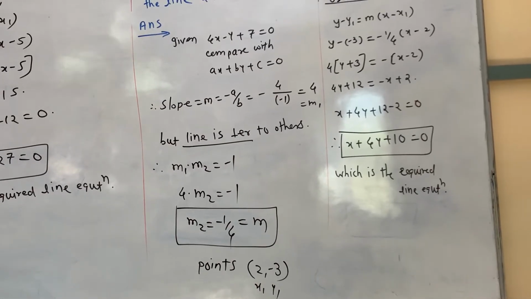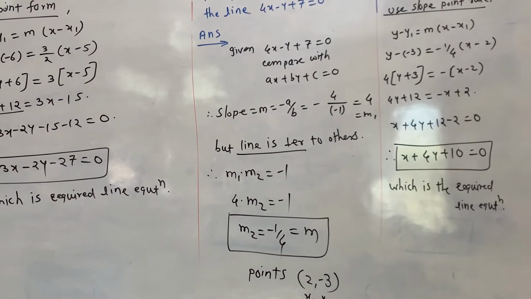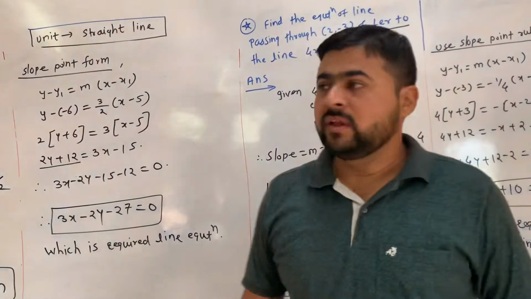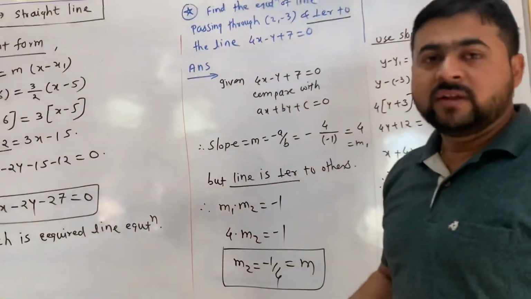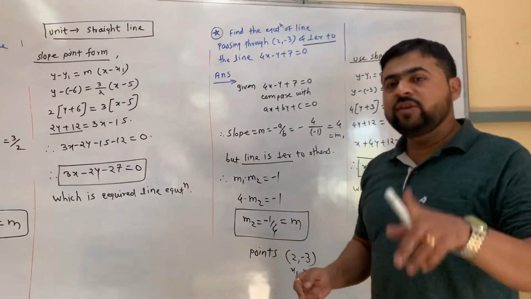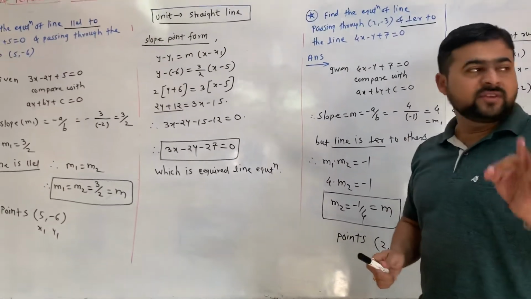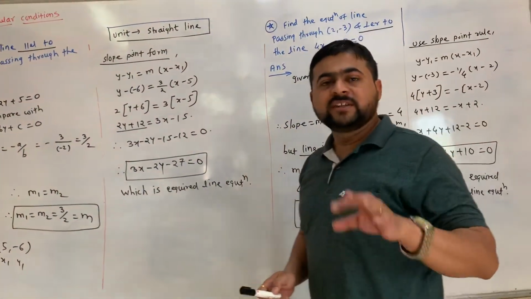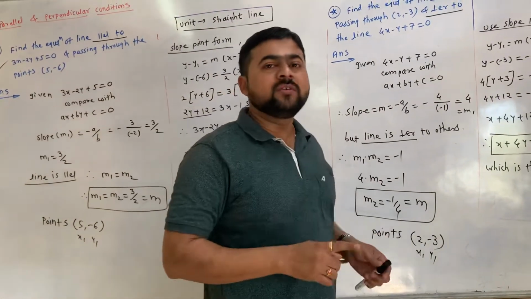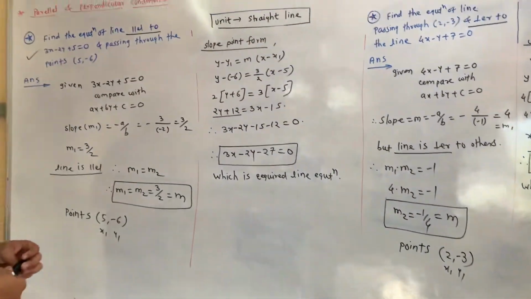We have seen all parameters in both problems. The final topic in parallel and perpendicular: when in your problem the parallel condition occurs, then m1 is equal to m2, remember this. The second condition is perpendicular, so m1 into m2 is equal to minus 1. This is important for parallel and perpendicular conditions. Write down all the problems. Thank you.